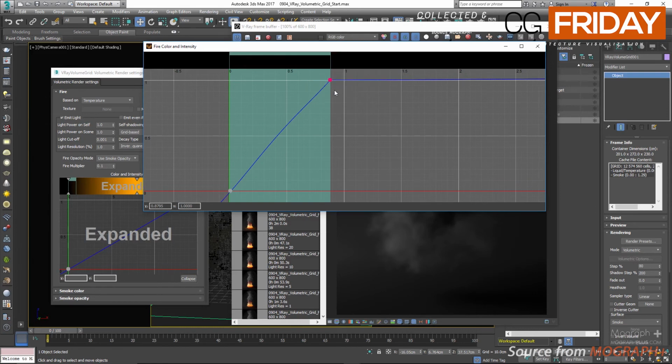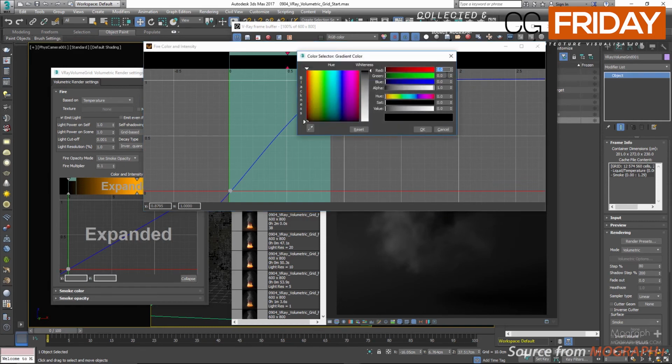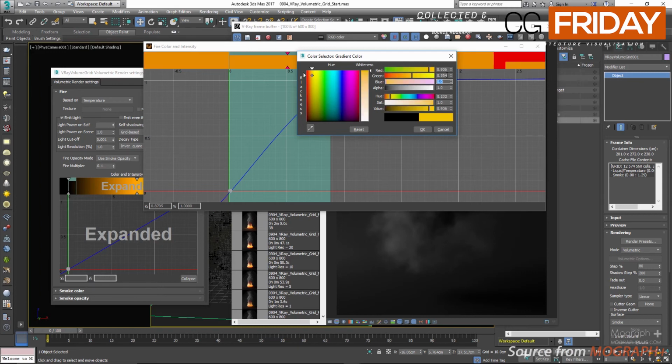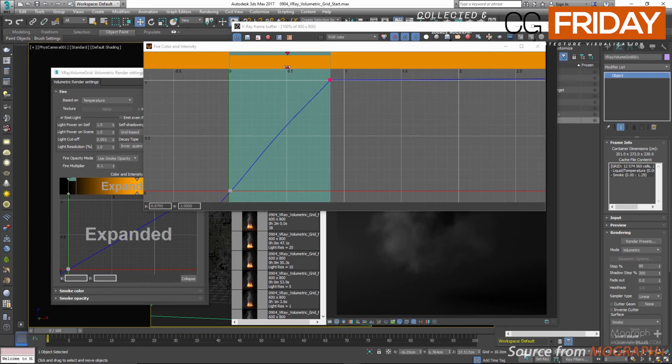Double click at about 0.5 and let's choose a hot yellow color like 0.906 for red, 0.554 for green, and 0 for blue. Now click at about 0.45